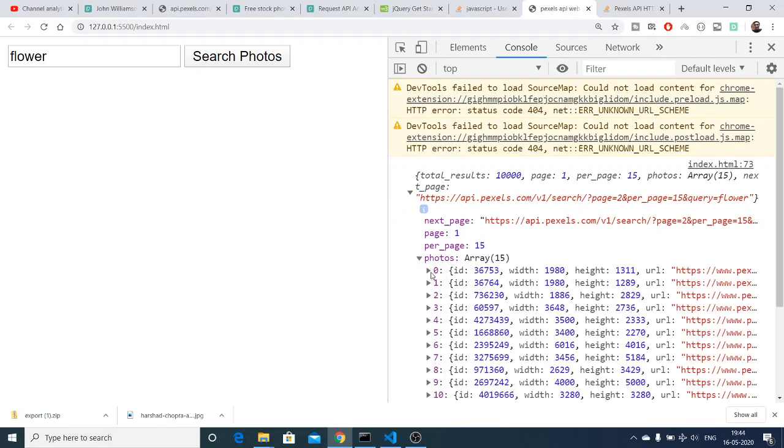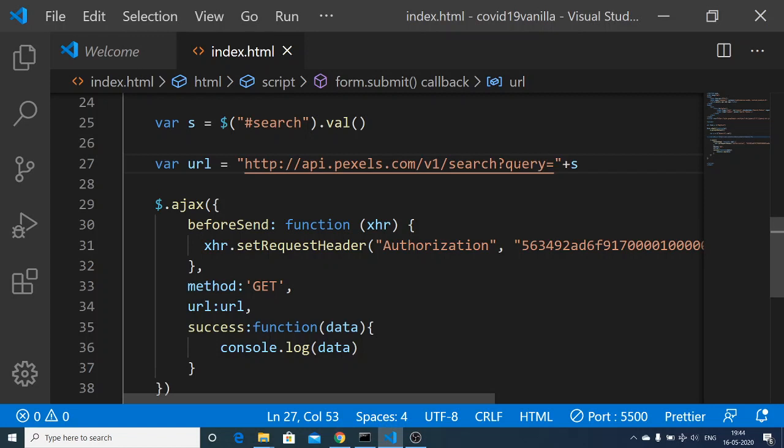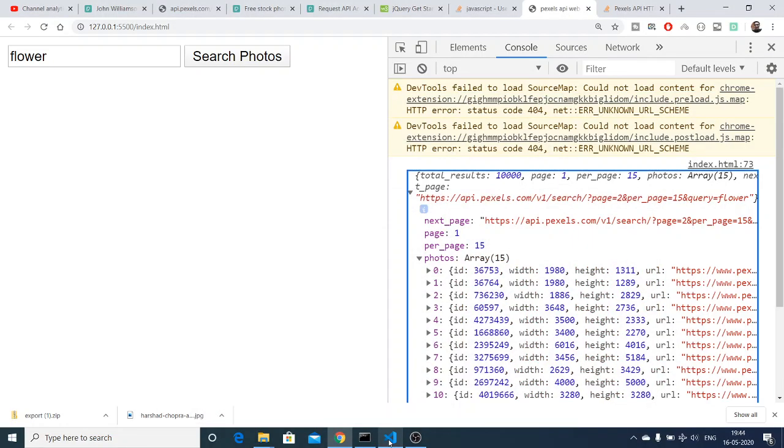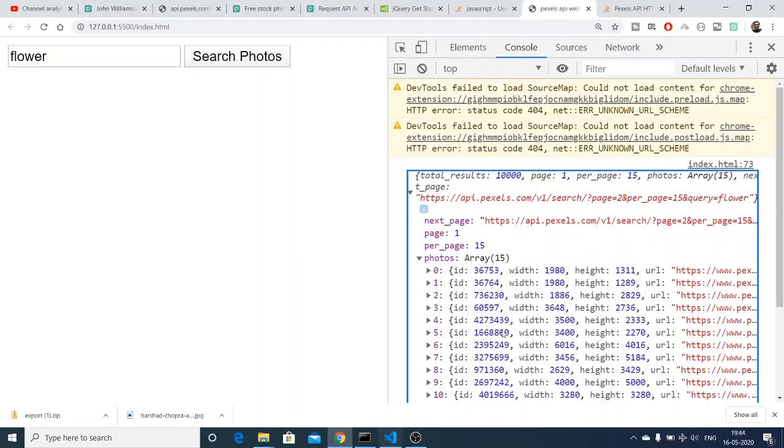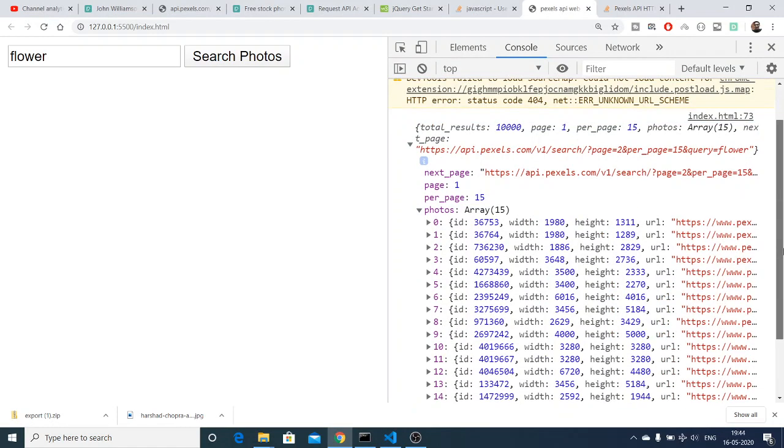These are the photographs. You can see that. The problem was we are using q. It needs to be query here. That was a minor mistake. The authorization header was right. It was not the mistake. The mistake was query. You need to replace q with query here, like this. And now this is returning 15 photographs.